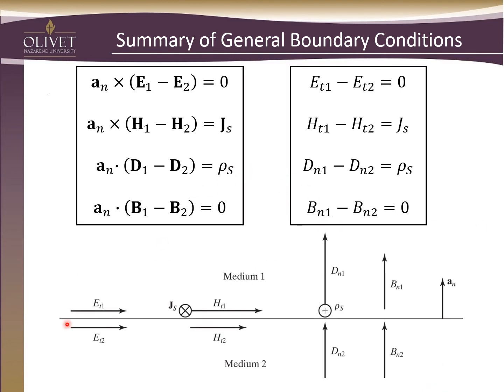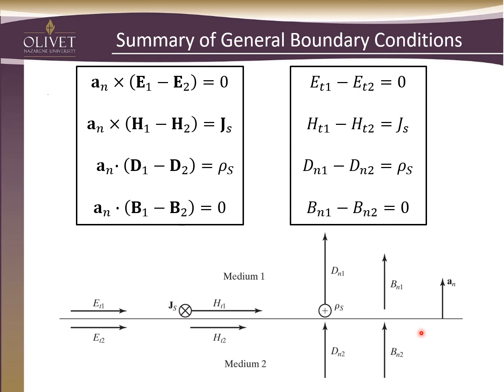So this is a pretty handy little graph here that helps us see what's going on. We have medium 1, and we have this boundary, which is a solid line here, in medium 2. We can see that the tangential components, that is, components going tangential to the boundary, of the electric fields have got to be equal. Now you could have components going in other directions. Again, there's nothing that states that that's always got to have some certain relationship, only the tangential parts.